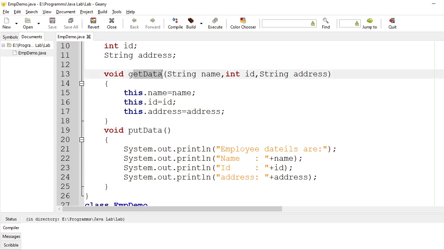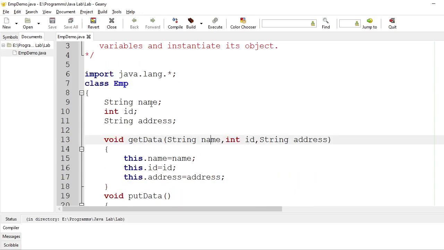You see this getData, it accepts three parameters: name, ID, and address. Here the name is initialized to the name of the employee, ID is initialized to the ID of the employee, and address is initialized to the address of the employee, which is done here. this.name is equal to name means whatever parameter is passed here, that value is assigned to the instance variable name.